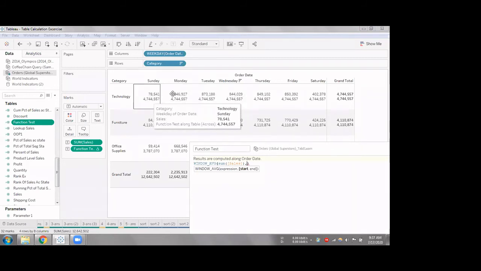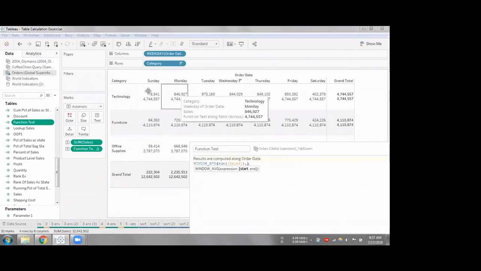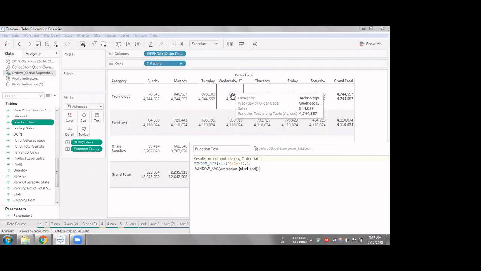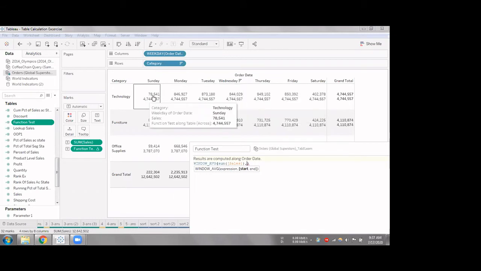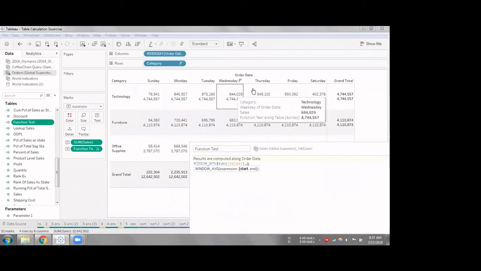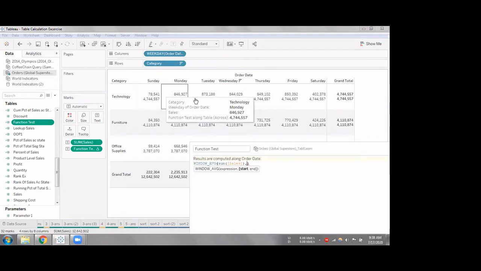When I'm here, my calculation should start at -1 and end at 0. When I'm here, it should start at -2 and end at 0. Likewise, when I'm here, it should start at -4 and end at 0, and here at -6 or so, and end at 0.